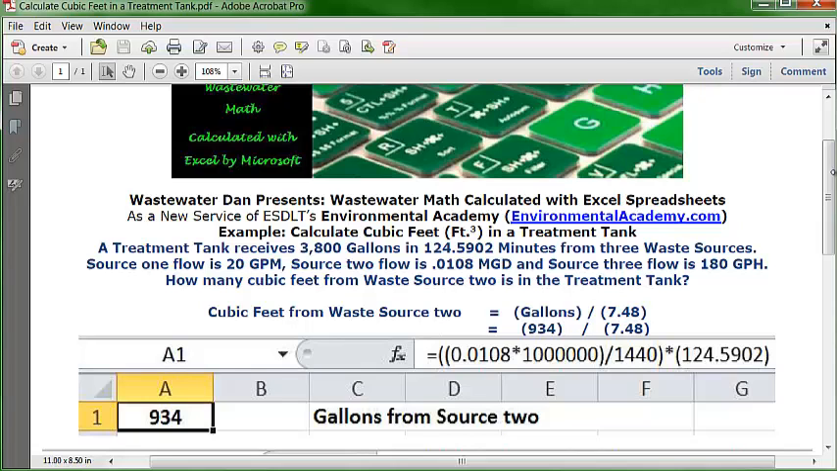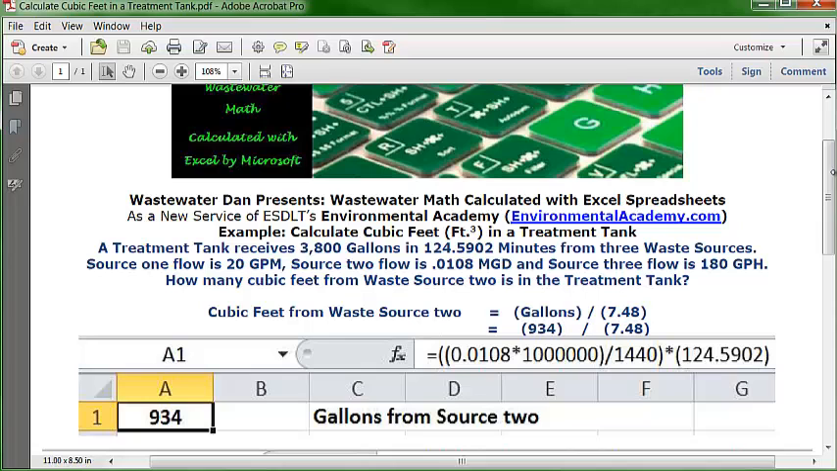If you open up a blank Excel spreadsheet and in C1 type in gallons for source 2, and then put your cursor in A1 and format that as numbers with 0 decimal points, and then make it bold and centered, and then go up to the formula bar and type in the formula